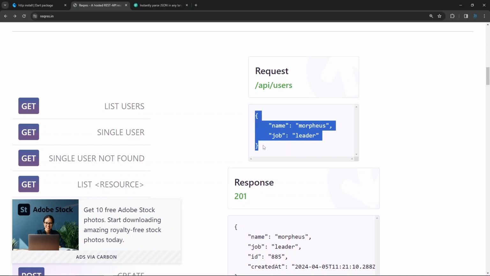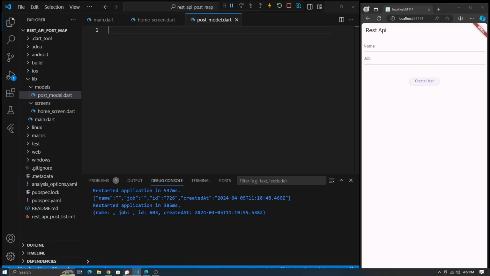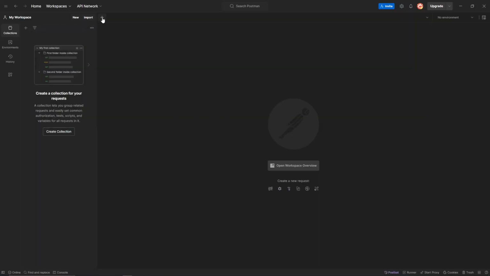Now copy this API request to check on a Postman page.